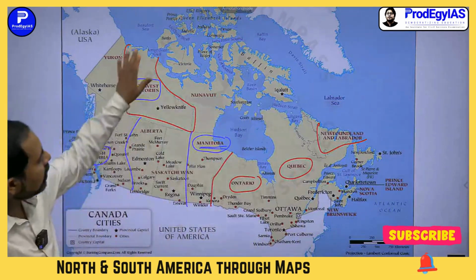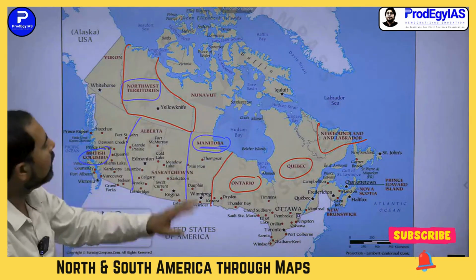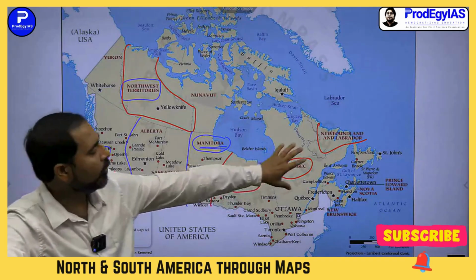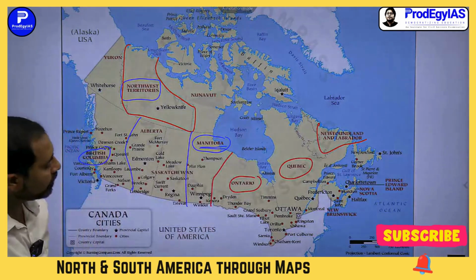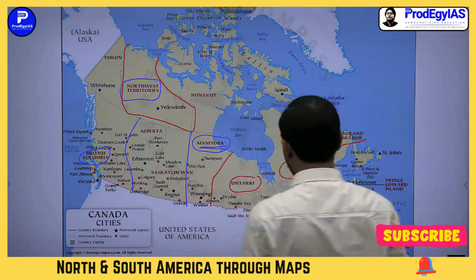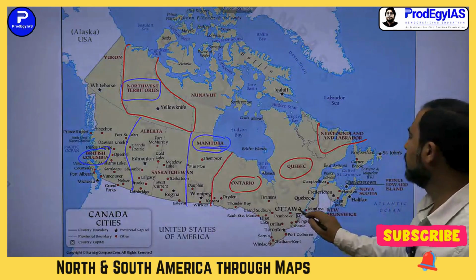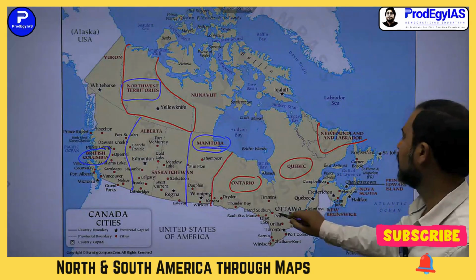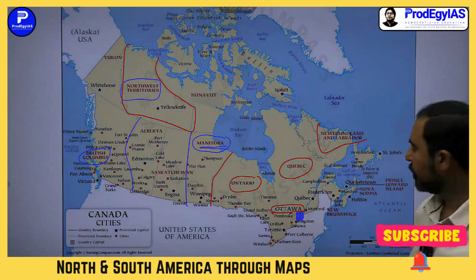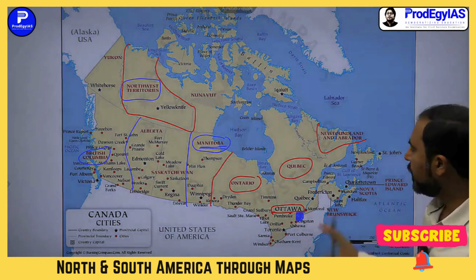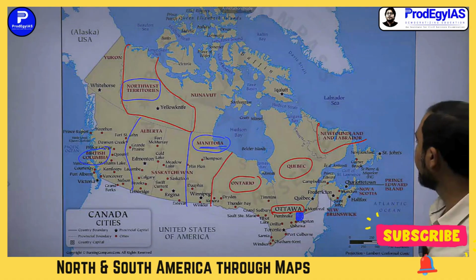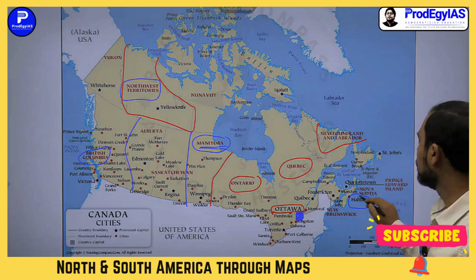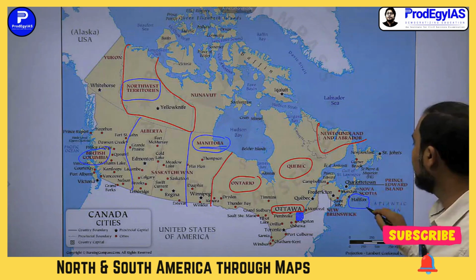So make a list of these territories that they belong to Canada. Northwest Territories, British Columbia, Manitoba, Ontario, Quebec, Newfoundland. What is the capital of Canada? It is Ottawa. Ottawa is here. And other important cities that you should locate in Canada is like this: Halifax in Nova Scotia Island, Halifax,